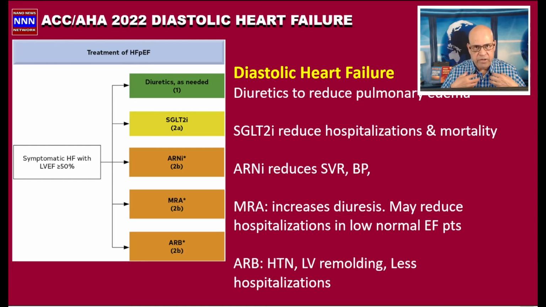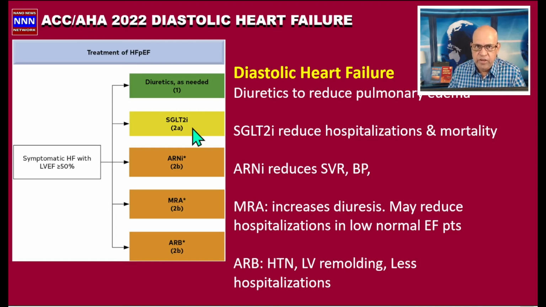That is to get rid of the pulmonary congestion resulting from diastolic dysfunction and elevated left ventricular end diastolic pressure, which may have been precipitated by a recurrent or new onset of atrial fibrillation, excess salt intake, etc., or uncontrolled hypertension. So the SGLT2 inhibitors are the ones which have been shown to reduce hospitalizations and mortality, and that has